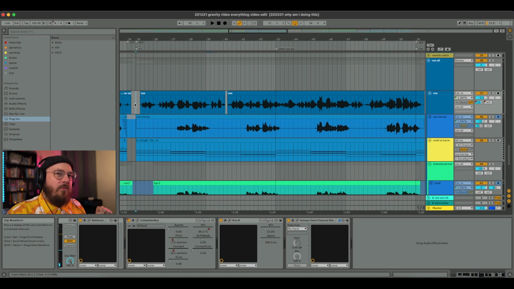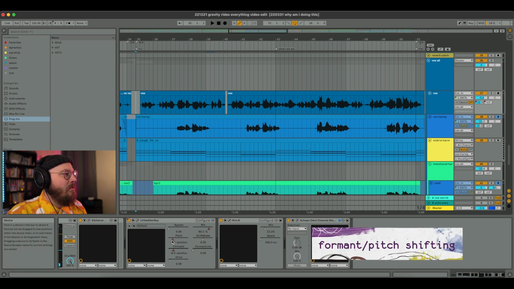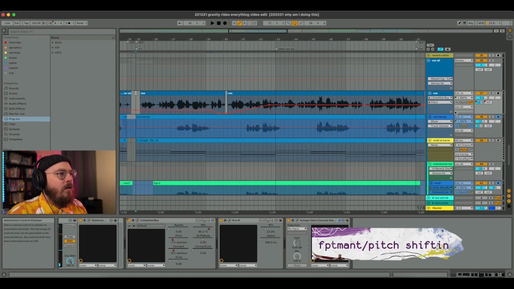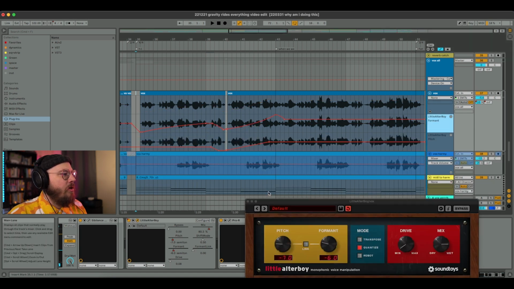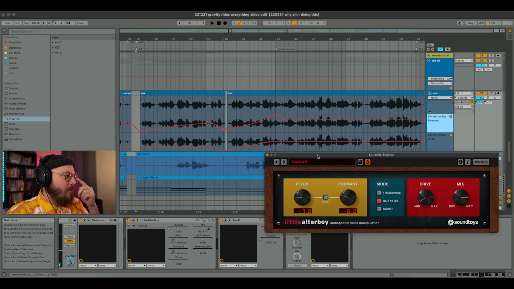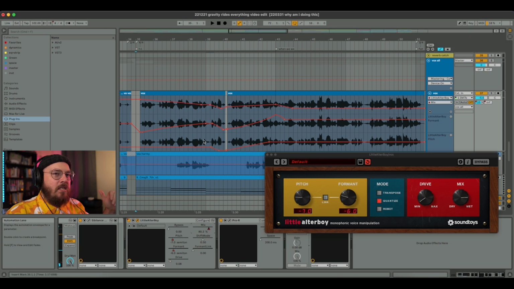So I did a little bit of kind of like text painting in this first chorus. The song is, of course, a cover of Gravity Rides Everything by Modest Mouse that I just like did one weekend for no reason. I was inspired. And I've done some wonky automation with this plugin called Little Alter Boy, which is a pitch and formant shifting plugin. And essentially, I've automated pitch and formant as well as this sort of mix between dry and wet to go interesting places. And the lyric that I'm sort of trying to reinforce here